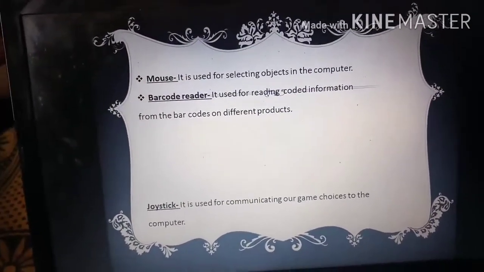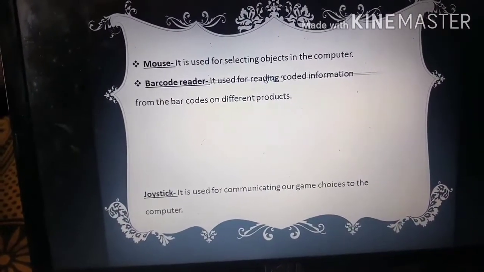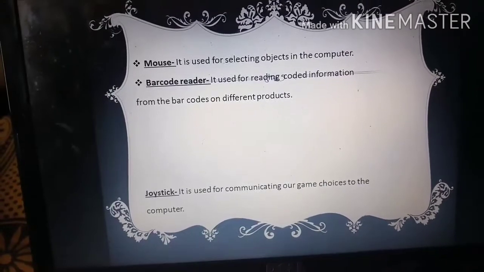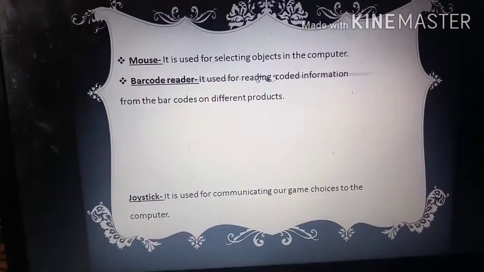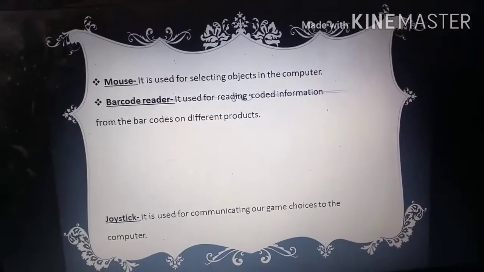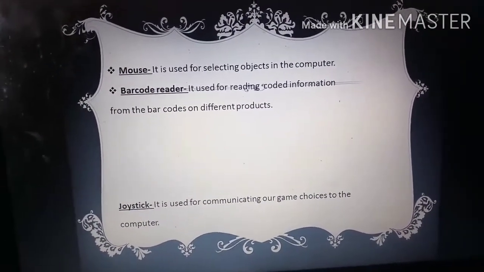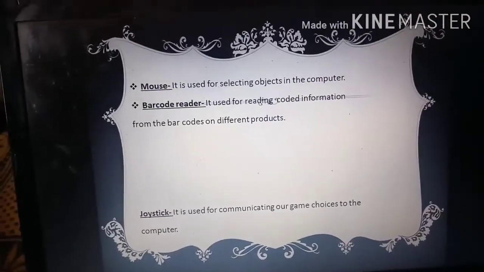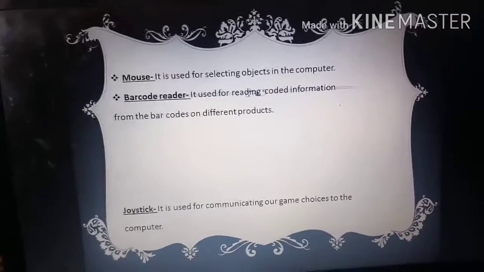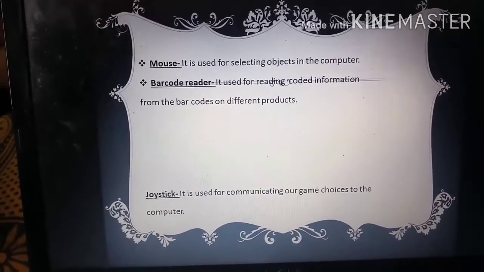And what is a mouse? The mouse is used for selecting objects in the computer. Students, objects generally means different icons, files, documents, programs. These are known as objects, and generally these objects are in the form of icons. To select these icons, we use the mouse.